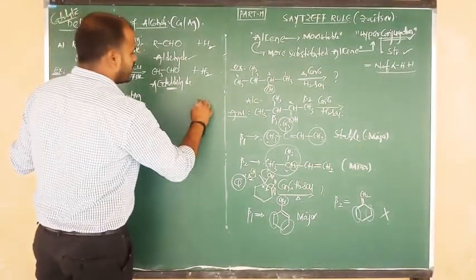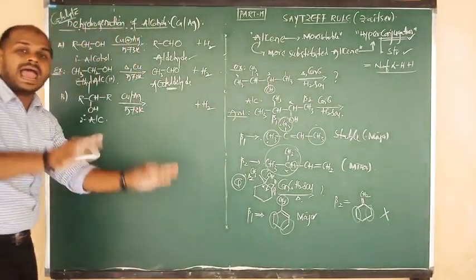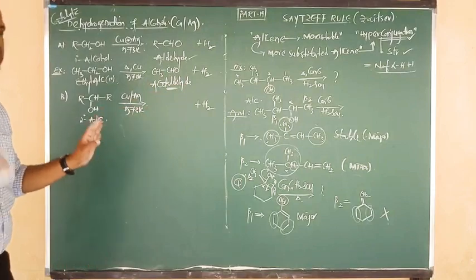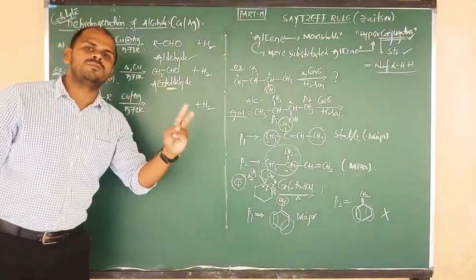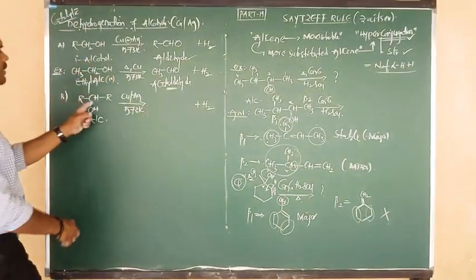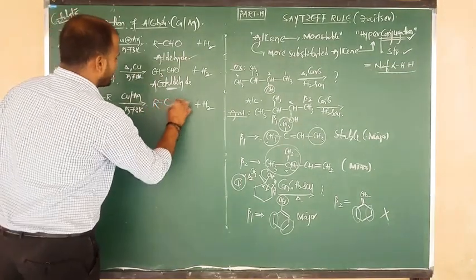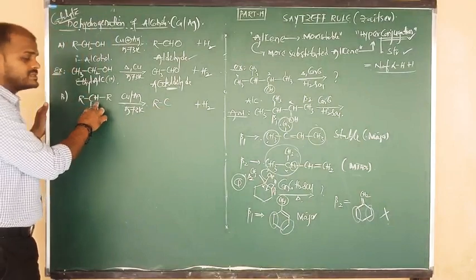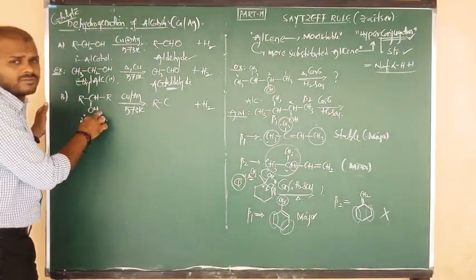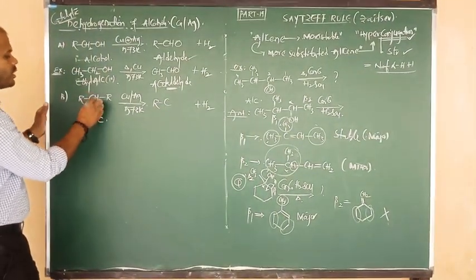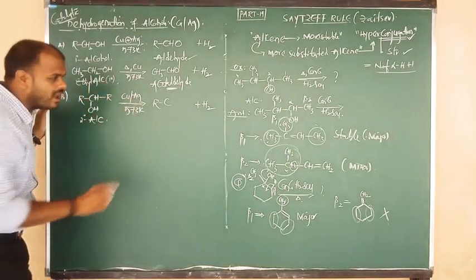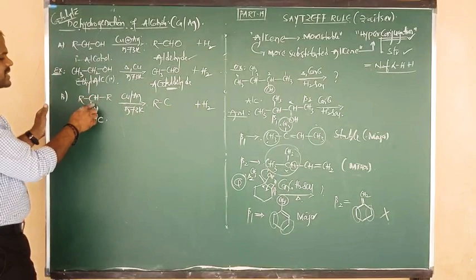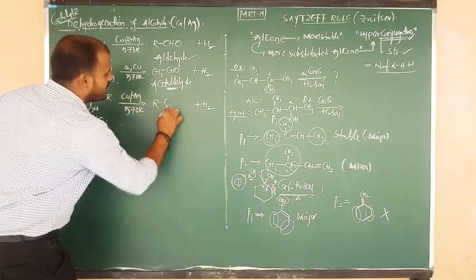Again same thing, secondary alcohols undergo dehydrogenation. Removal of H2 will take place. Again the question is, from which positions are we removing those hydrogen atoms? R bonded to C, I am going to write as it is. From the central C we have to remove one hydrogen, and the adjacent oxygen contains one hydrogen. Such two hydrogens have to be removed in the form of what? H2 gas. After removal of hydrogen between carbon and oxygen, the single bond becomes a double bond.